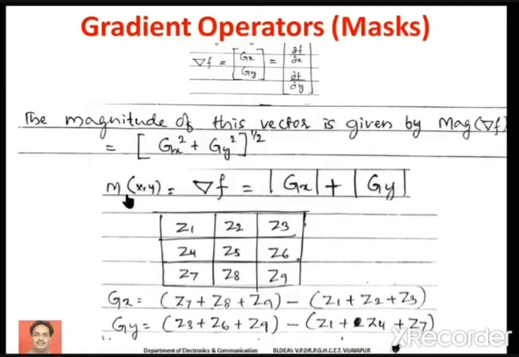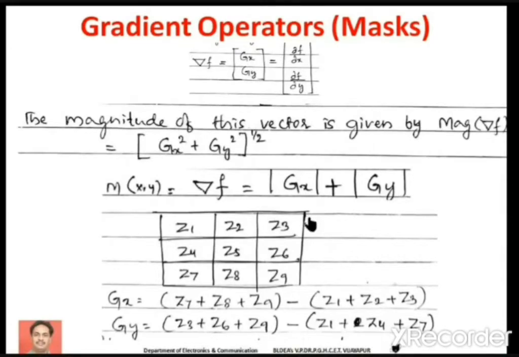Please try to understand. Mathematically we have to compute del f along with the magnitude. However, in image processing, as we represent the image as a matrix, we have some equivalent functions, so that the magnitude can simply be computed as the absolute value of gx plus the absolute value of gy. Remember, gx indicates the gradient along the x direction, gy indicates the gradient along the y direction. Now the question is how to compute these gx and gy values. It is very simple.